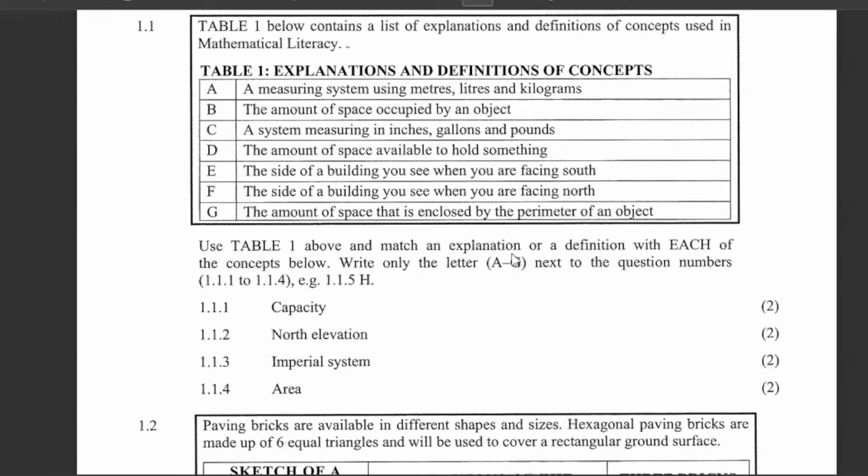All right, the first one is a measurement. It's a measurement of, they're telling us